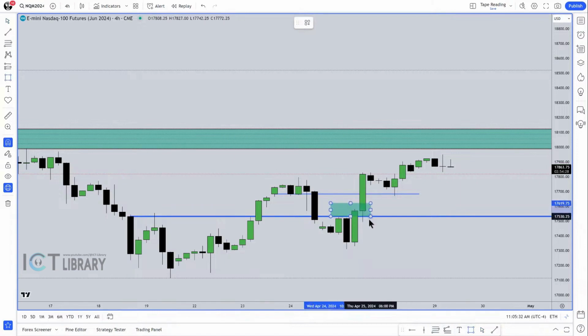Okay, and I want to take your attention to this right here. And I'm going to highlight that in yellow. So when we drop into lower time frames, everything in the yellow is salient to the order block and order flow. We're going to study how price behaves in this area here. All right, so we're on a 4-hour chart.